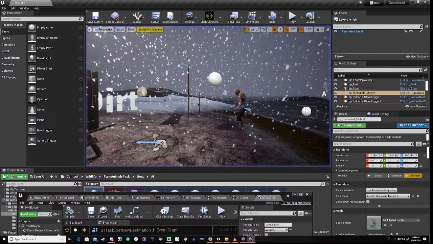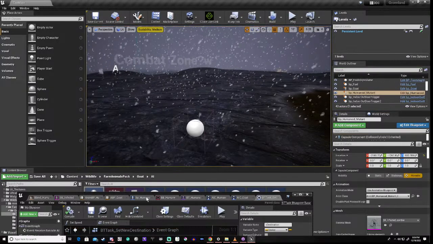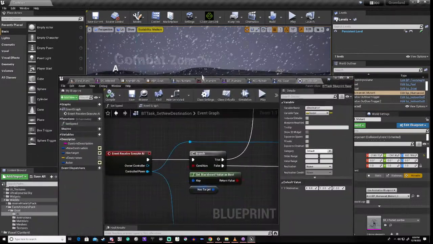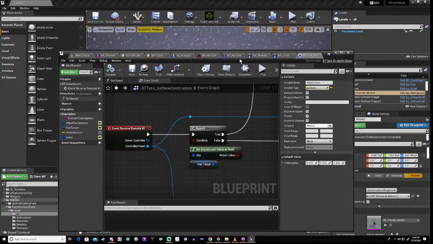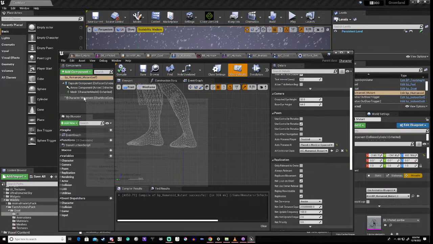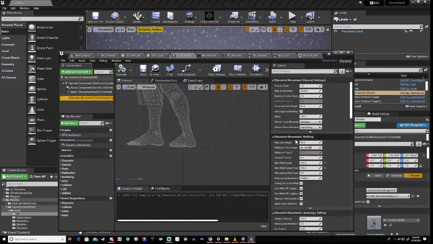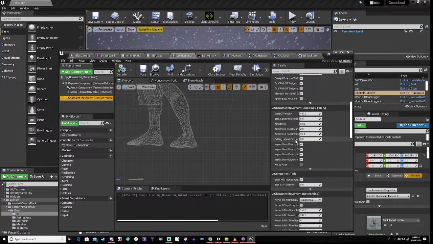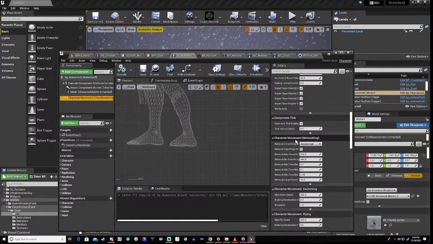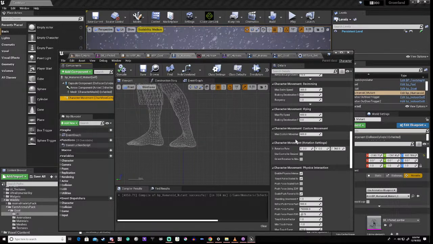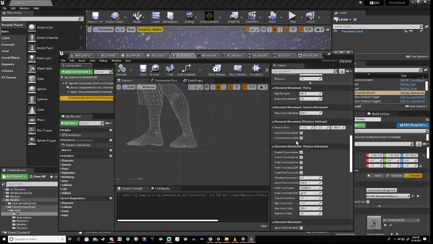Now, our character isn't rotating to face the direction he should be going. Right. Okay,